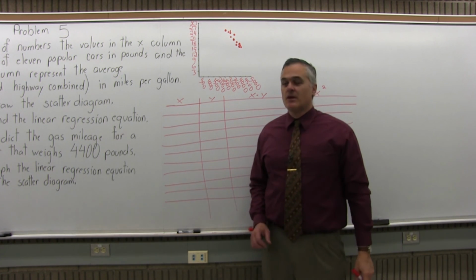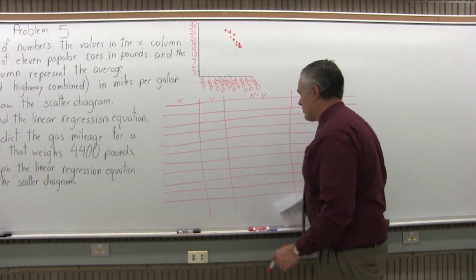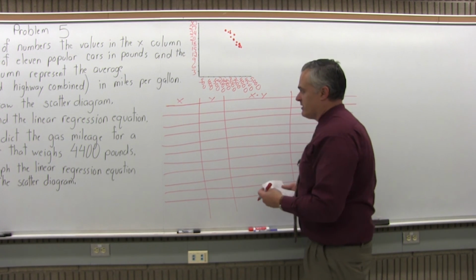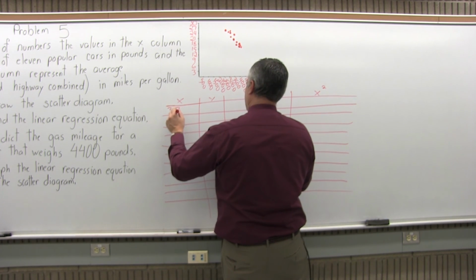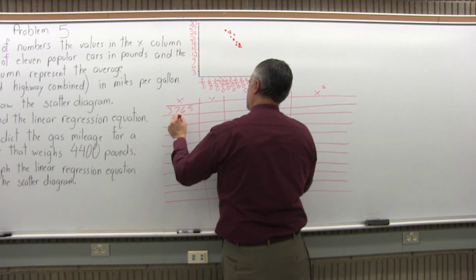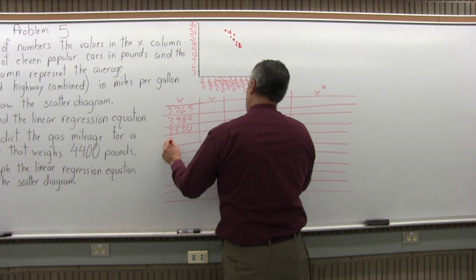So the x values, just copy right from the question. I happen to have them written down. So the x's, the weights of the car. The first car was 3,765 pounds. The next car was 3,984 pounds. The next one was 3,530 pounds, then 3,175 pounds, then